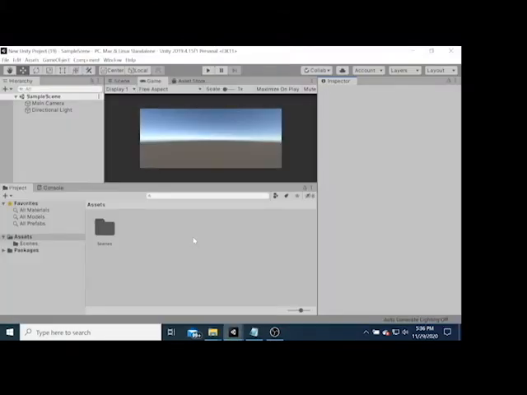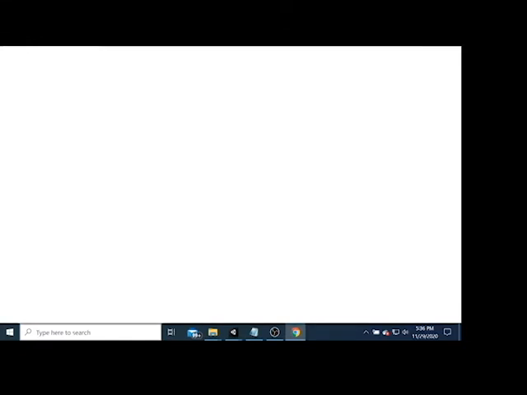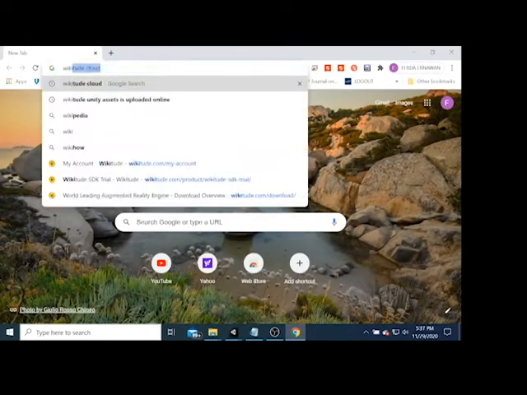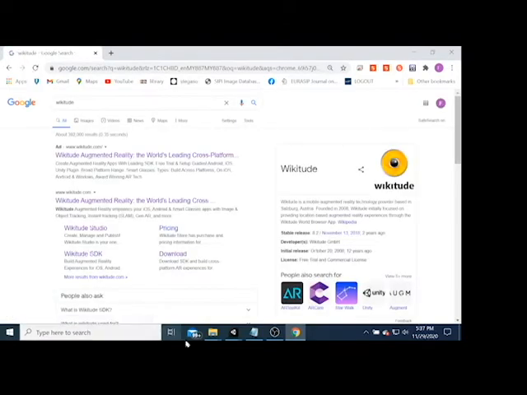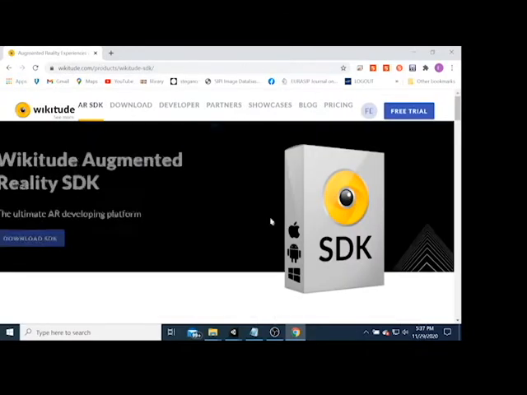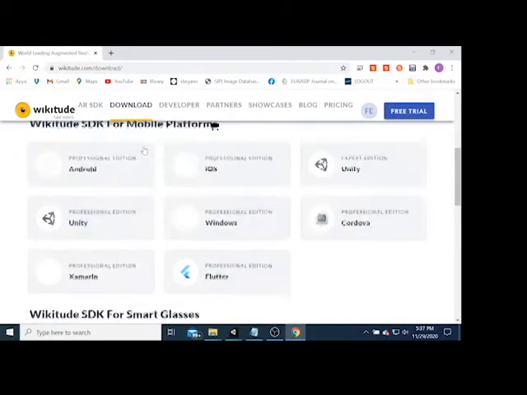Next, you can open the Wikitude. Then you can select the Wikitude SDK here, then select download.